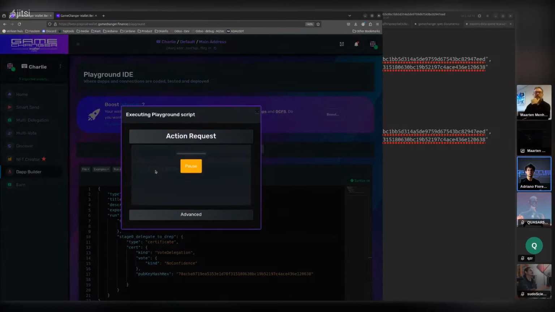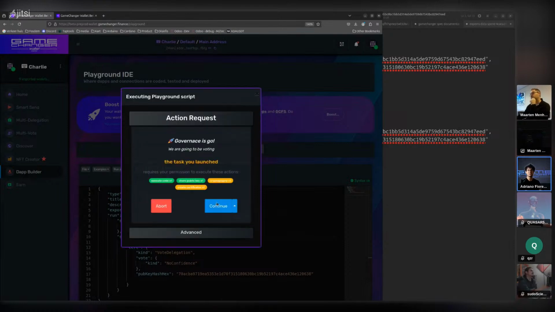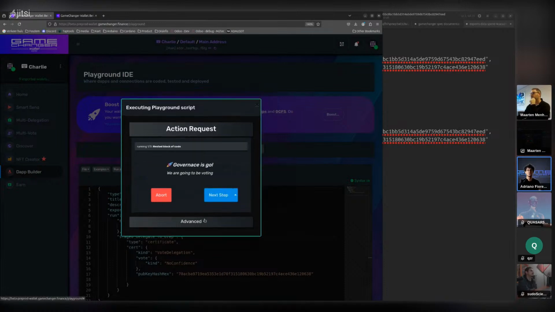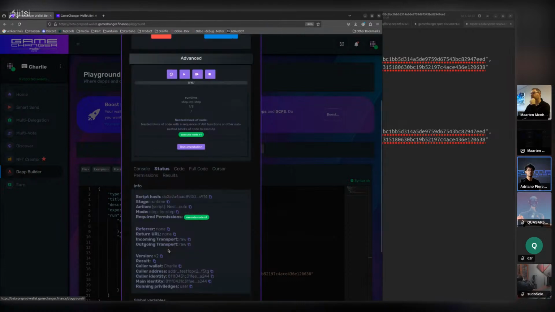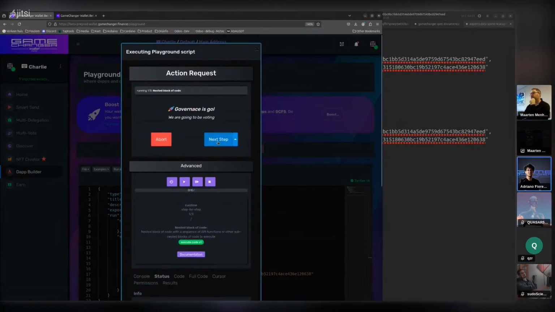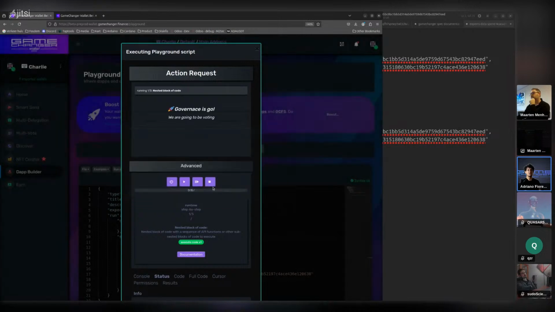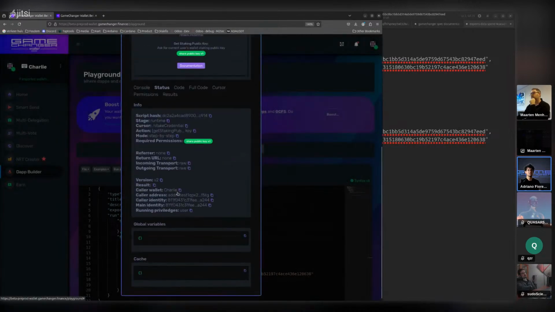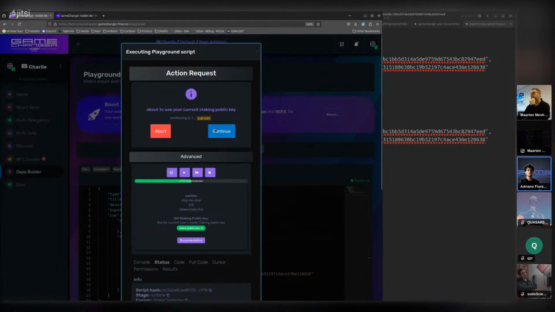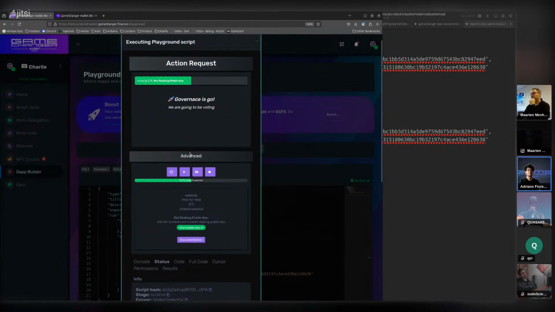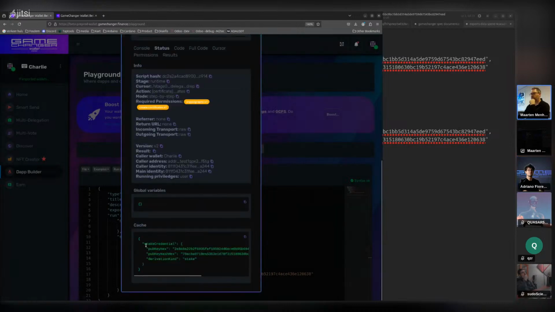Yeah. For those who don't know, you can run this script step by step, so you can debug every time the memory, the context of this script. So now we can see the status. There is nothing. But next step, after the password, next. Now, good. So we have the stake credential,